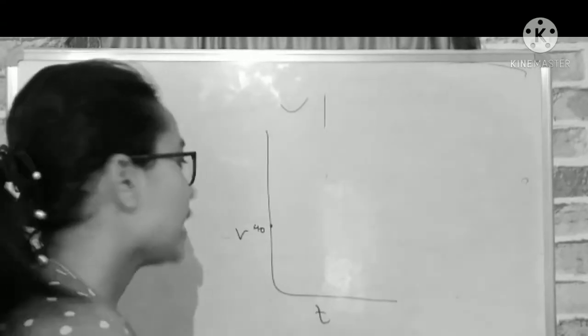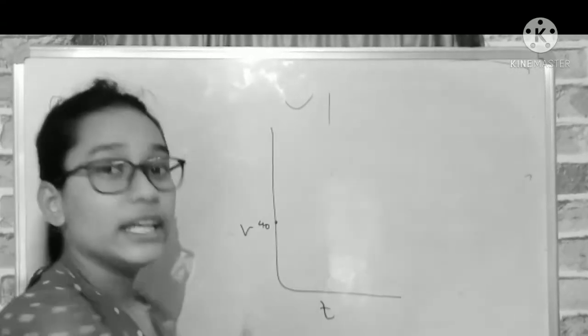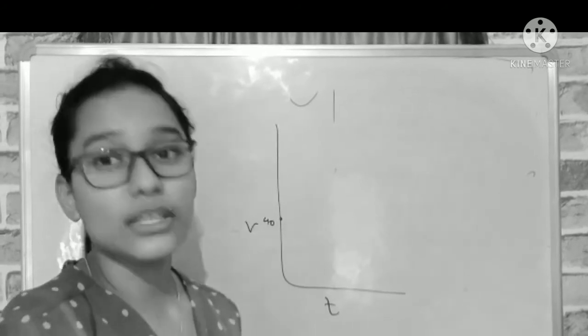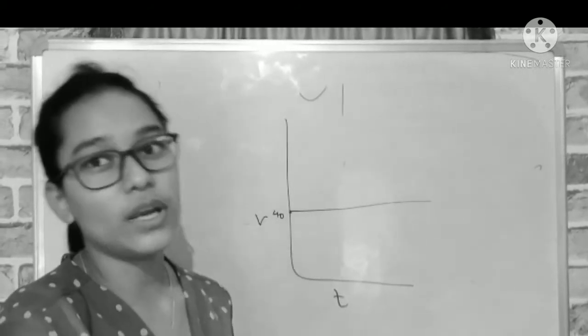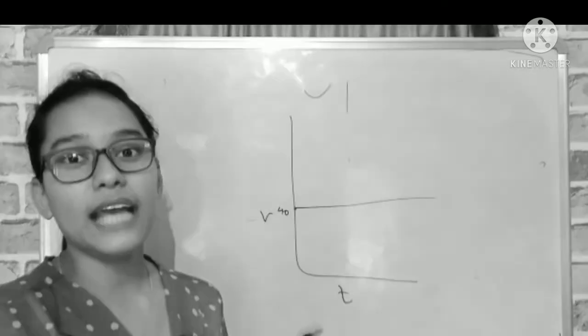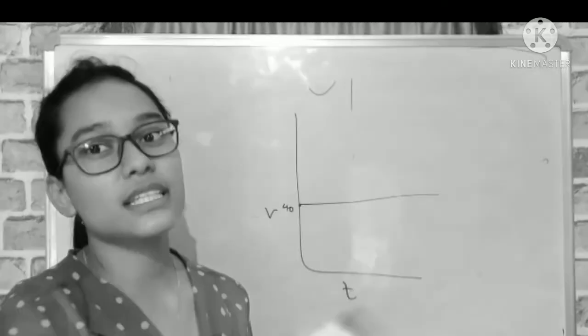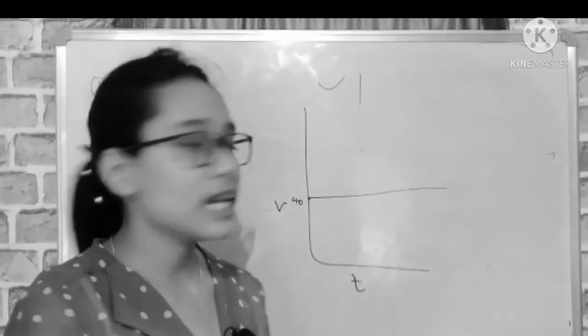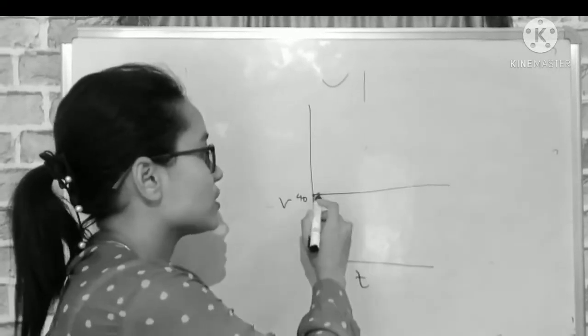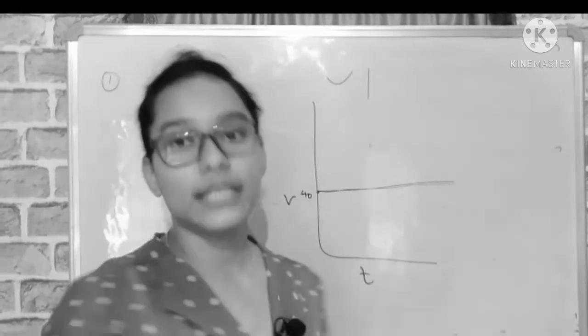Okay, you see what happened when the acceleration is 0. Then we will find a straight line in the graph. Means what? There is no change in velocity. And if there is no change in velocity, means the acceleration is 0. Acceleration is what? Change in velocity, right? So now there is no change in velocity. That is why we are getting a straight line.